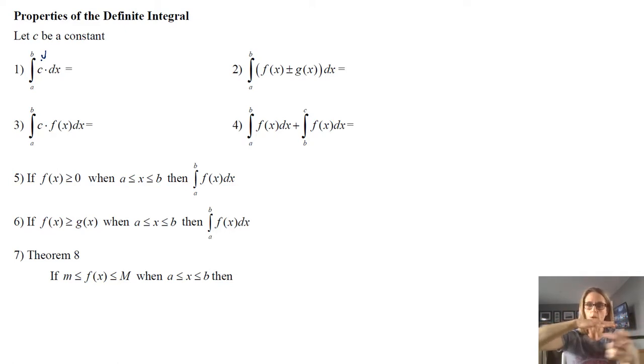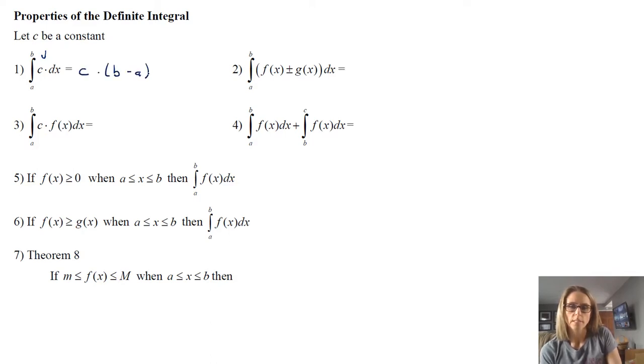So you're thinking about integrating, say, y equals 5, so the function 5, and if you integrate underneath that, well, you're going to have the height always being the same. It's going to be 5, and then you're going to have to multiply that height times the interval. Well, the interval is from a to b. So it's not surprising that this is always just the area of a rectangle, c being the height of that rectangle and b minus a